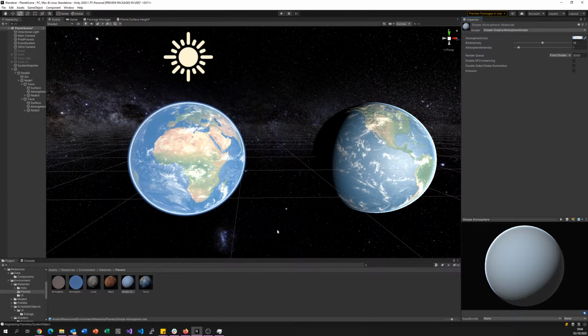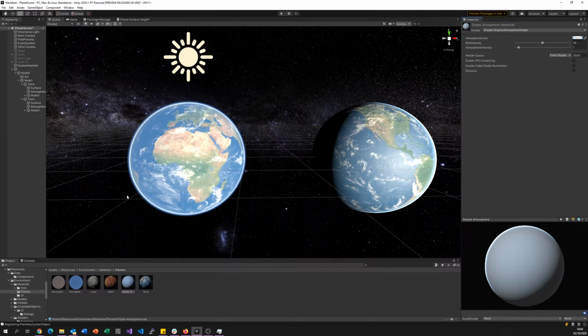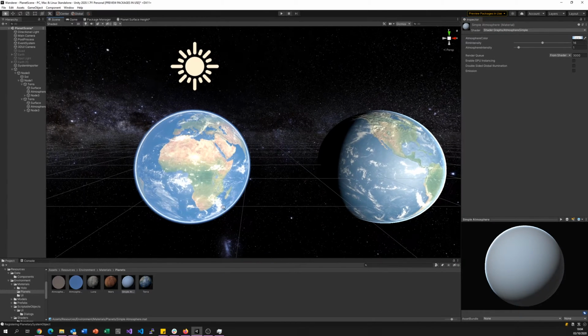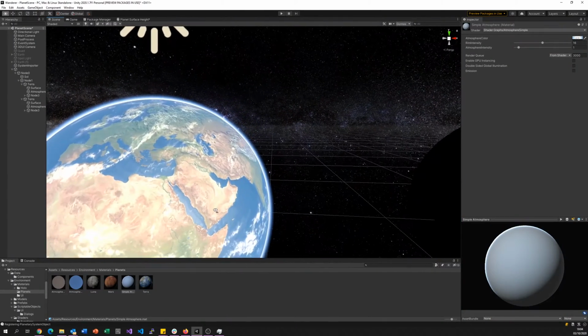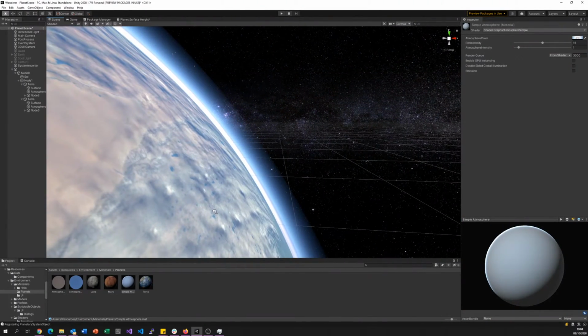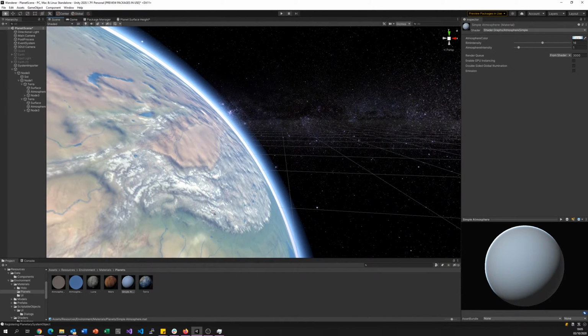Some of them take the more realistic approach, like the one you see on the left. This is based on atmospheric Rayleigh, I don't know how it's pronounced, scattering, which through numerical approximations tries to simulate what happens to the light when it hits the particles in our atmosphere. And as you can see, it's much nicer and fades very well into the outer space when you come close